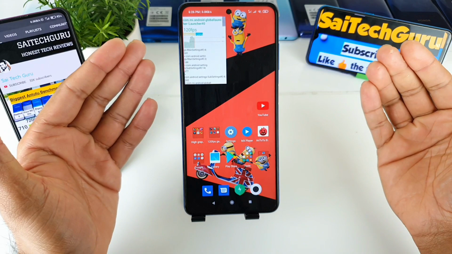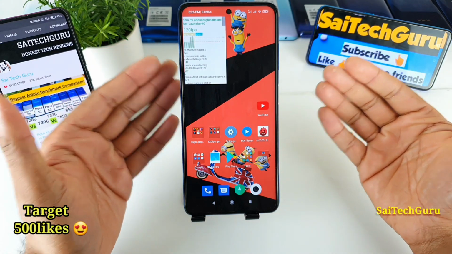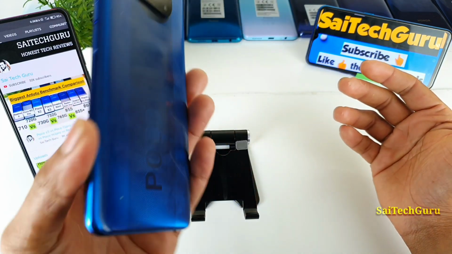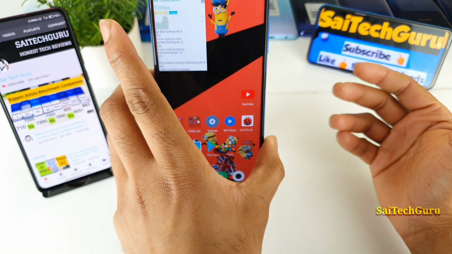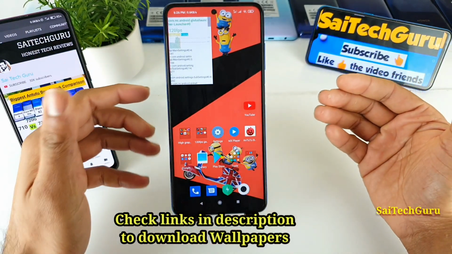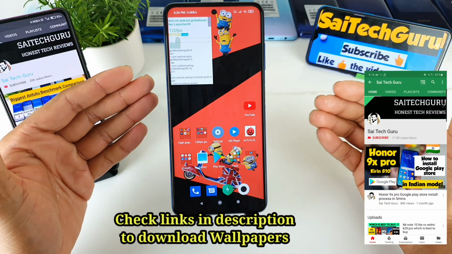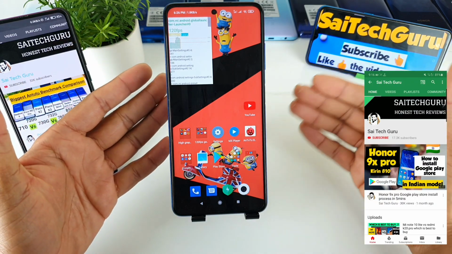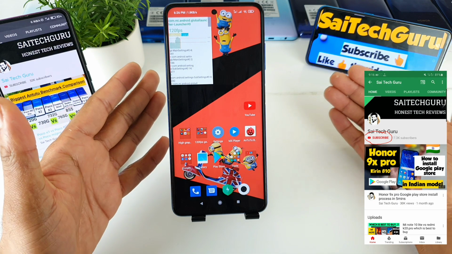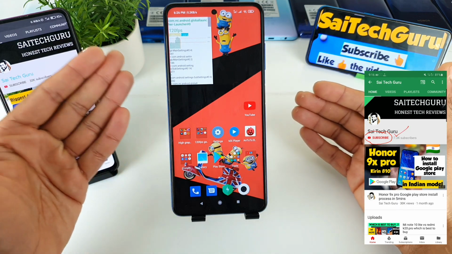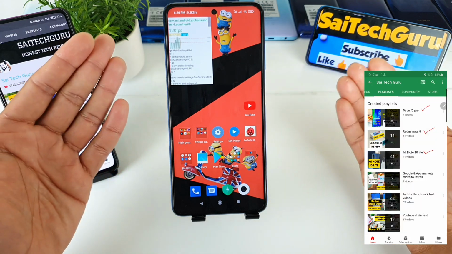In today's video, I'll be doing the Call of Duty FPS test in the Poco X3 device. As you can see, friends, right now I'm using the Poco X3 smartphone, and I'll try to play Call of Duty and see what the maximum FPS you can get is if you use the high graphics settings. In this video I'll be playing the Battle Royale game, not the multiplayer one, which most users did recommend.